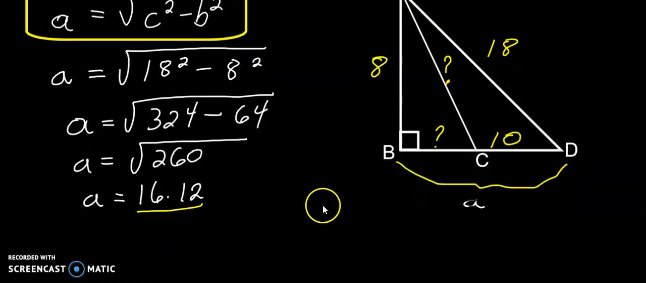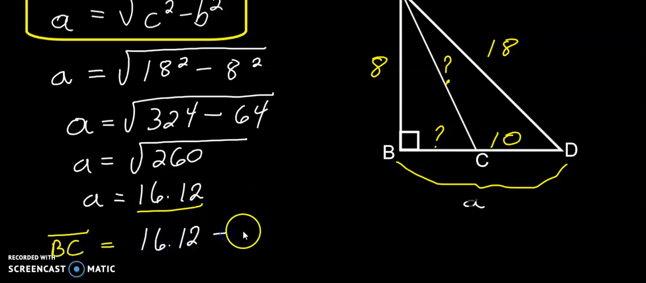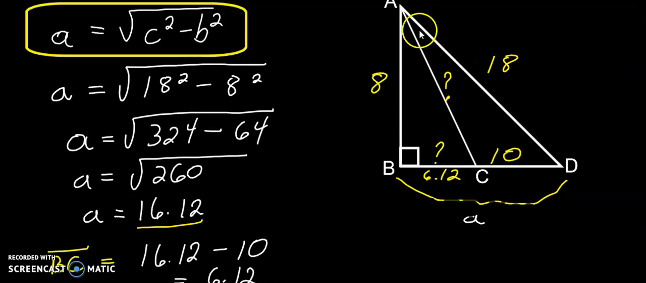So let's write that. Segment BC is this whole thing, which we found, BD, which was 16.12, minus 10, which is 6.12. So now we know this part. That is 6.12. Let's write it in here. And now to get the hypotenuse of triangle ABC,